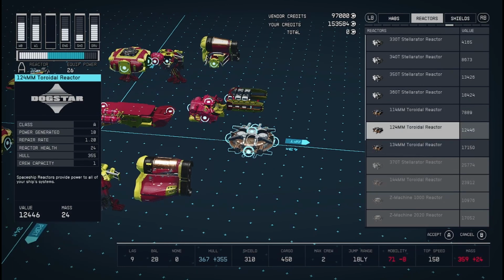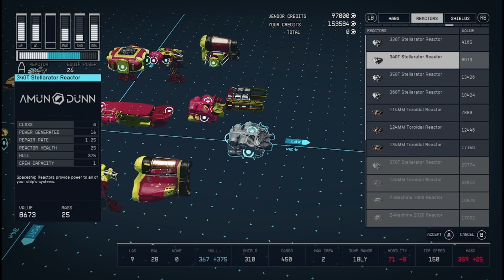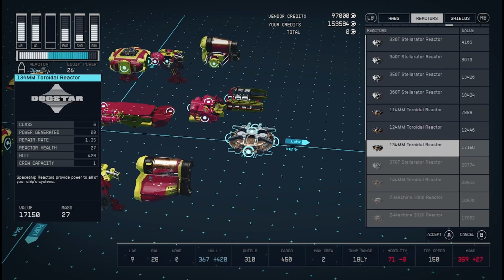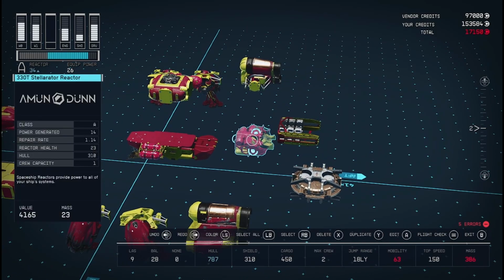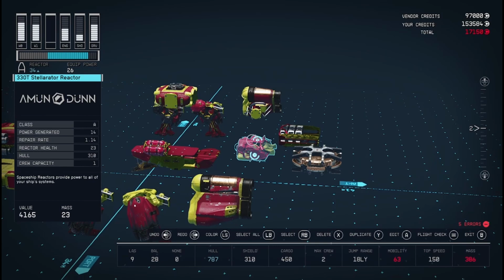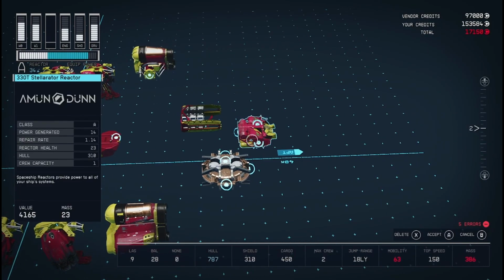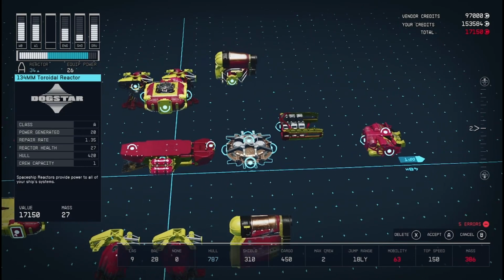Yeah, so it generates 20 power, which is about as good as it's going to get. Do I mean that? Yeah. Alright. Let's pop that in. As you can see, that generates considerably more power than the one we were using before. So we're going to get rid of you. I'm going to move you out of the way. No, I'm going to move you out of the way. I'm going to pop you...